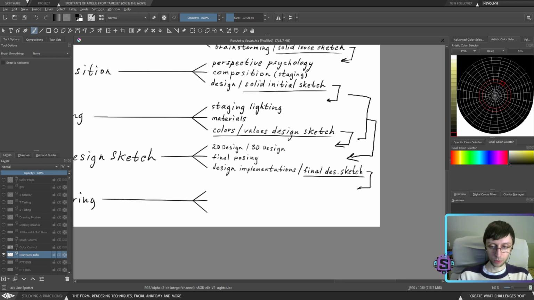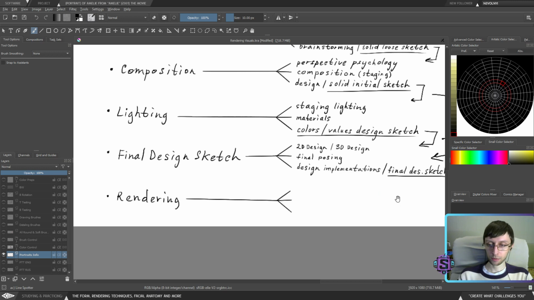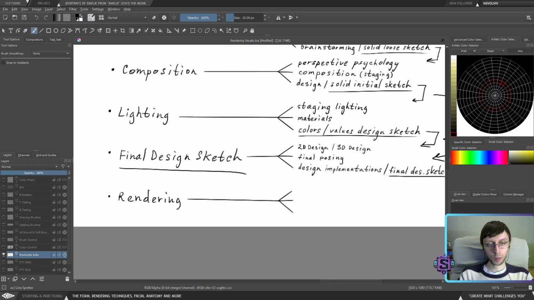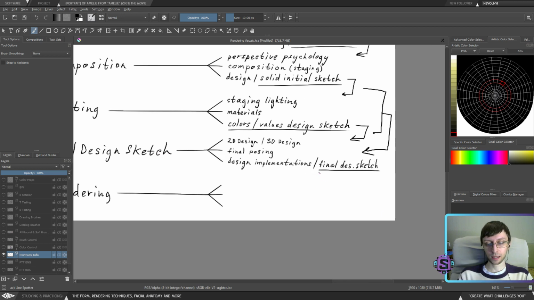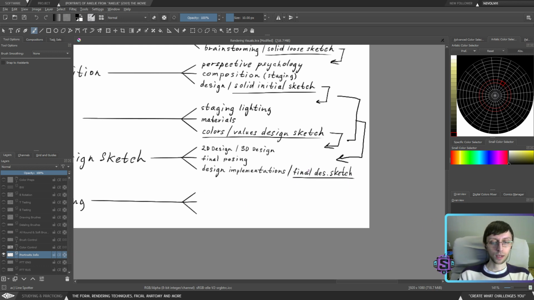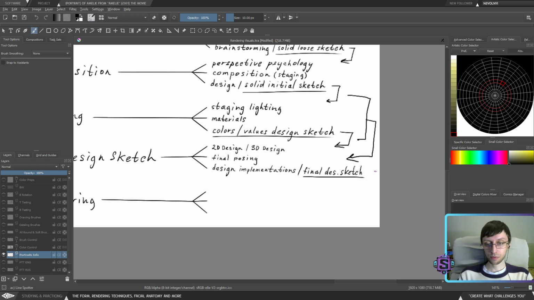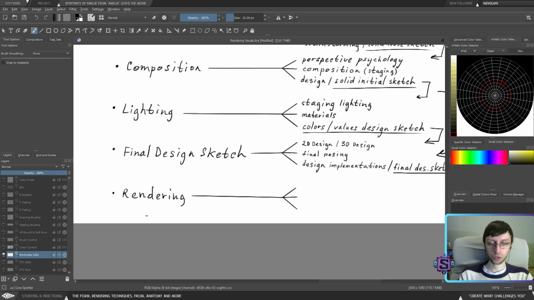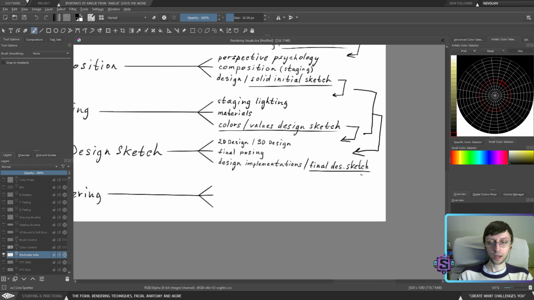Now I know where exactly I need to go into the rendering. And this is, by the way, could be a part of the rendering if you're not dealing with lines. It all depends to what extent you need to create a final design sketch. If line is a part of the rendering, then you will work on a complete line as a part of rendering. If it's not, you're going to get rid of the line. That way you're probably just going to create a pretty decent design sketch. Kind of it.